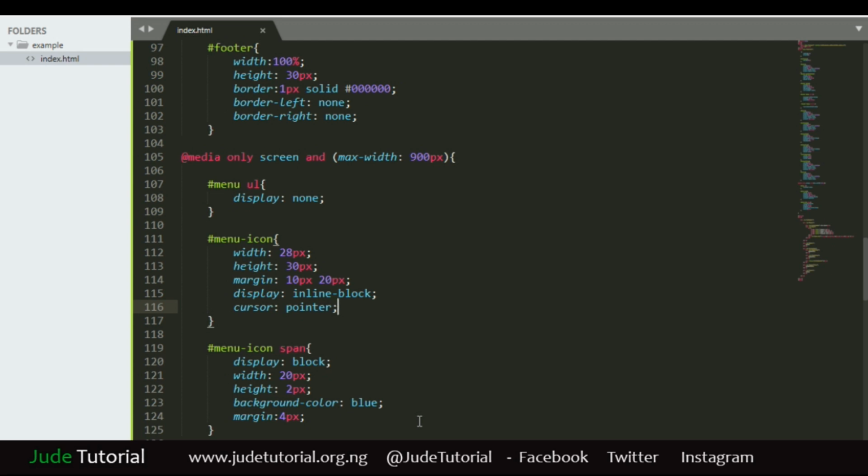So I'll just put cursor pointer, that solves that problem. I think that's about that. Okay, so the next thing now is, sorry, what was the problem? Okay, you can see that I did the pointer on the span items instead of on the whole container, like the menu icon container. So it should be here, sorry,